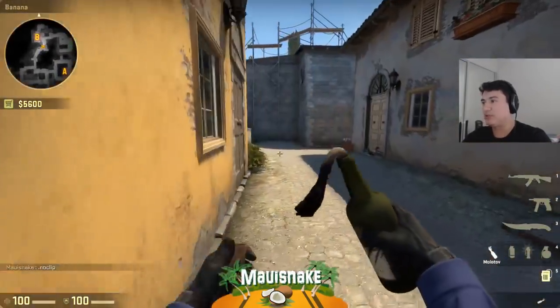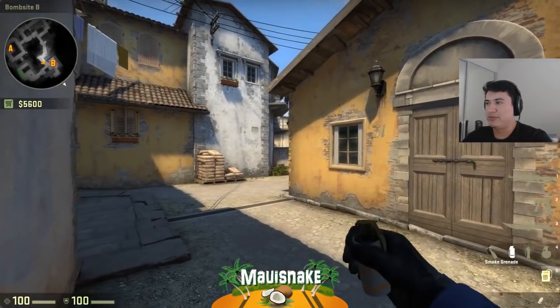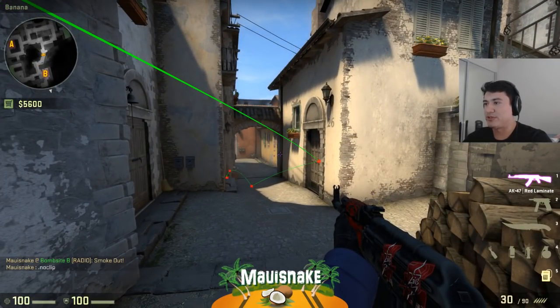So this is how you should be using your nades early at B. There's a lot of ways you can do it. You can just start like this. You can throw a smoke down, and what this gives you is total banana control. Okay, that was a pretty bad